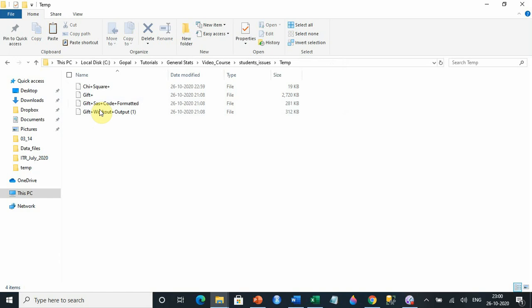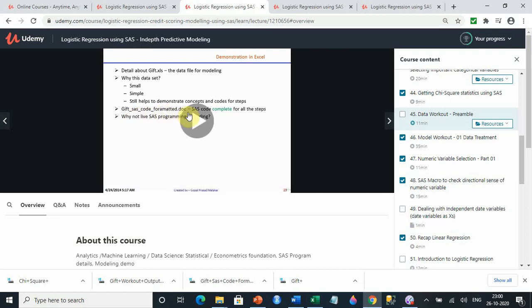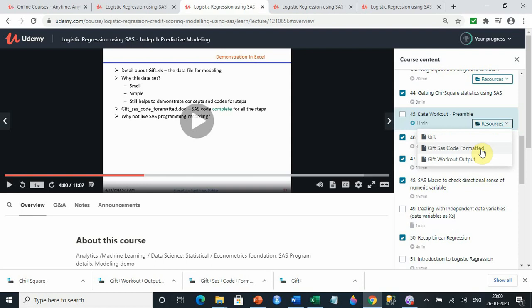Now after that, first of all, keep in mind, whenever I'm using any file, I mostly tell you what kind of file it is. If you take a look, I'm saying it's a gift.xls, and gift_sas_code.formatted doc. The extension has gone, but here I've already written it.